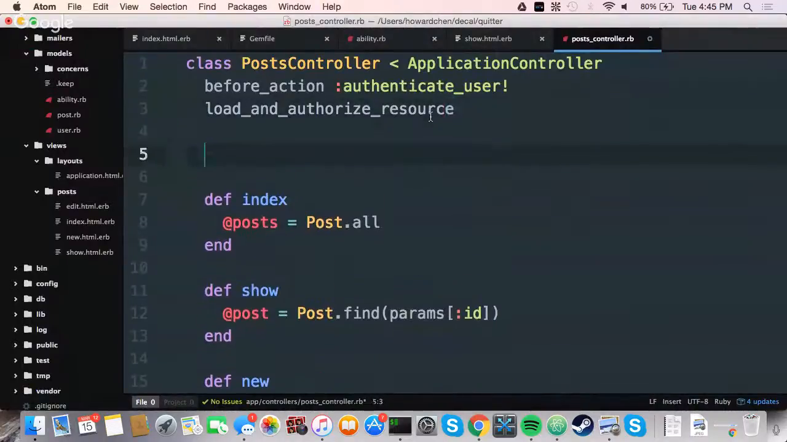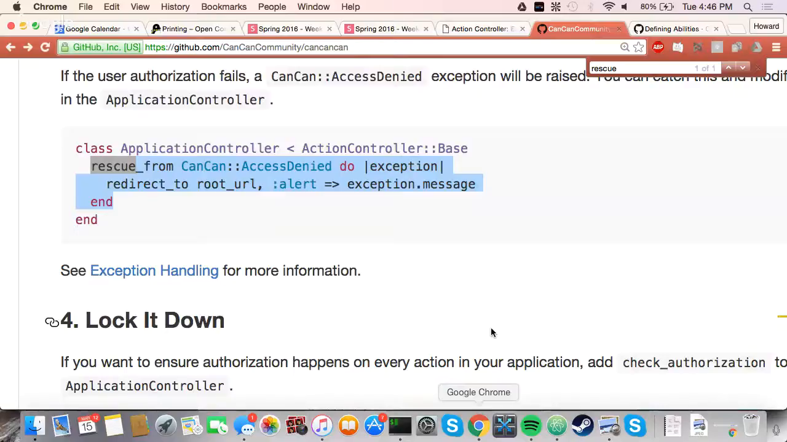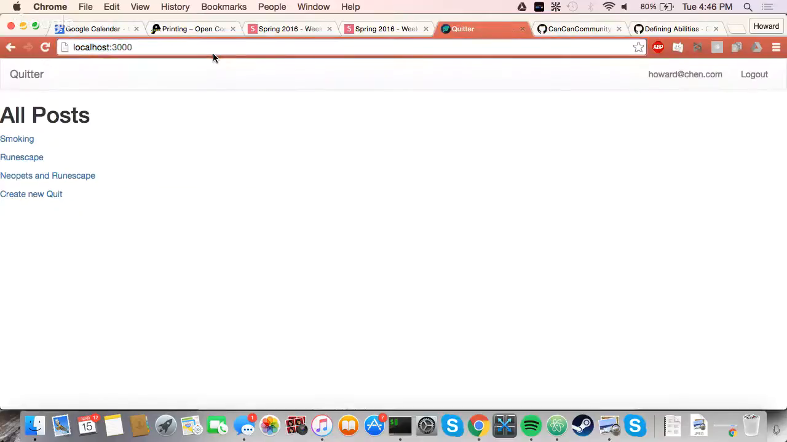At the top of the controller, I could just do rescue_from CanCan::AccessDenied, to exception. I'm not going to alert anything, or I could leave an alert. I'll just redirect to my root URL, which should go back to my home page. So ideally, if this is really plug and play, what I can now do is just go to post/2/edit, and it'll just redirect me,